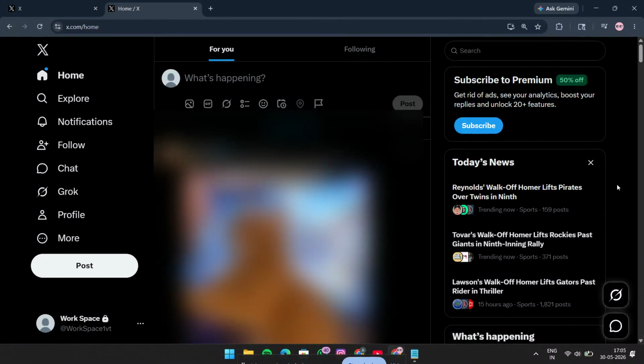If you're trying to log out of X, formerly known as Twitter, this quick tutorial will walk you through the exact steps in just a few seconds. Whether you're using X on desktop or just need to switch accounts, logging out is simple once you know where